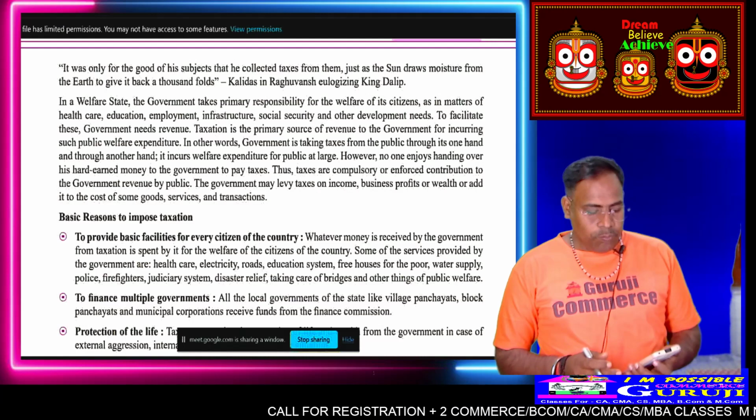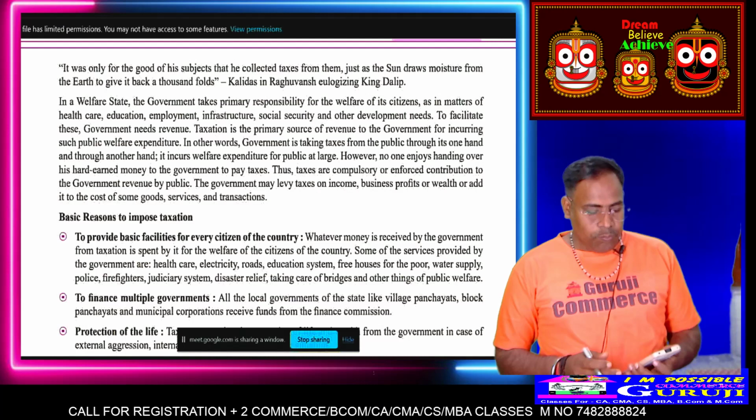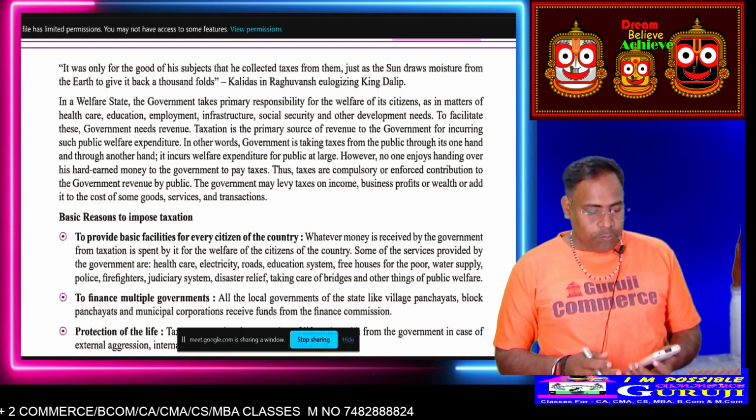It is the amount paid by the people to the government, which is used by the government to provide public services. A compulsory contribution to the state revenue by the government on persons, or you can say citizens, on income or business,